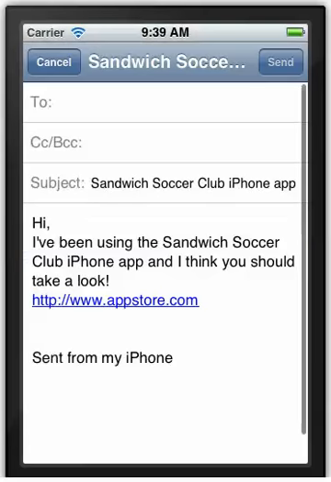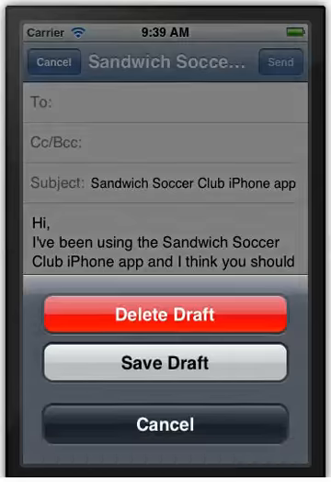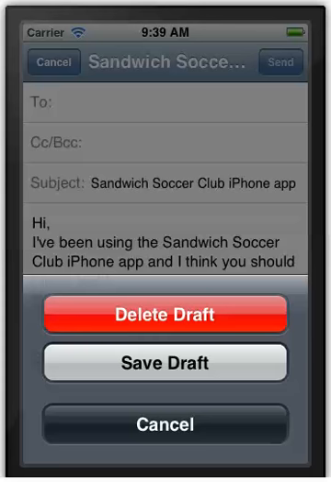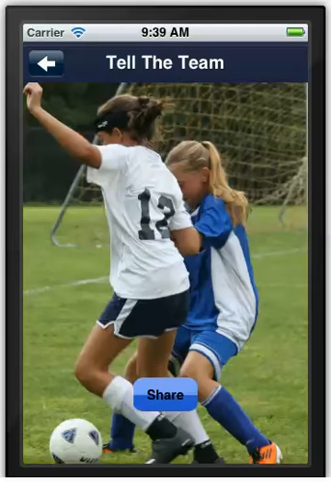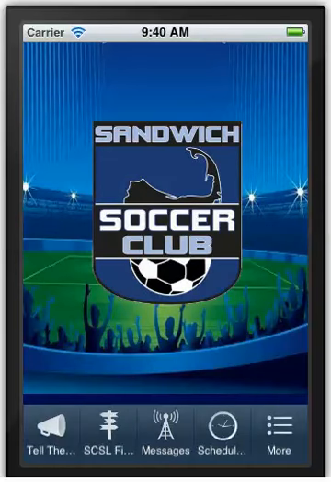And let's just check the first one of those. It's just a pre-written email with a direct link to the App Store, so you can send that out to everybody on the team, and that's a really great way to make sure that everyone is aware of the app and that they download it. So let's just get rid of that and go on to the next tab, which is for directions to all